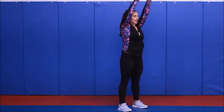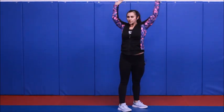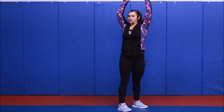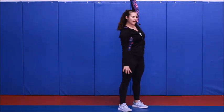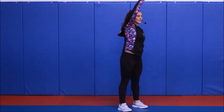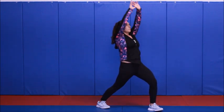Good, both arms overhead. Now we're gonna find double arm circles. And while we're doing this, we're gonna twist side to side. Drawing that belly in, keeping it nice and tall. And let's continue, but with a windmill. So right arm, then left arm, like we're backwards swimming. For 3, 2, 1. From here, we're going to take a big step back, open up with an arm circle,